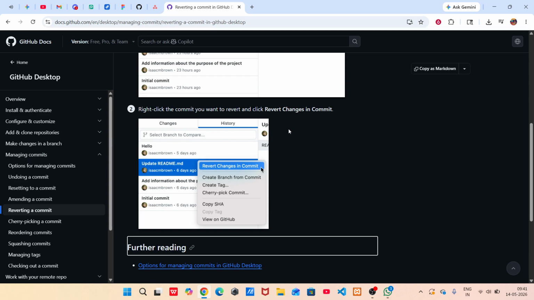So, to recap, we navigated to the History tab in GitHub Desktop, found the commit we wanted to revert, right-clicked to select Revert Changes in Commit, added a helpful commit message, and then completed the action. You now have a solid understanding